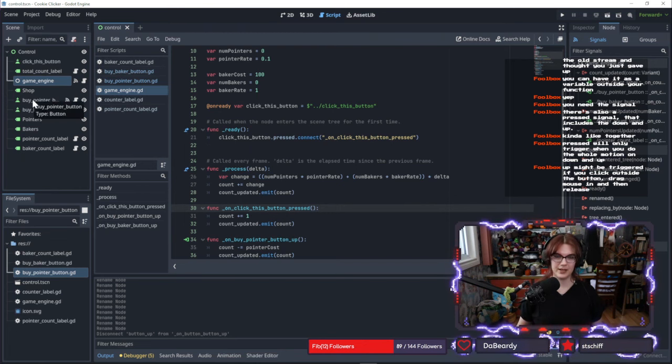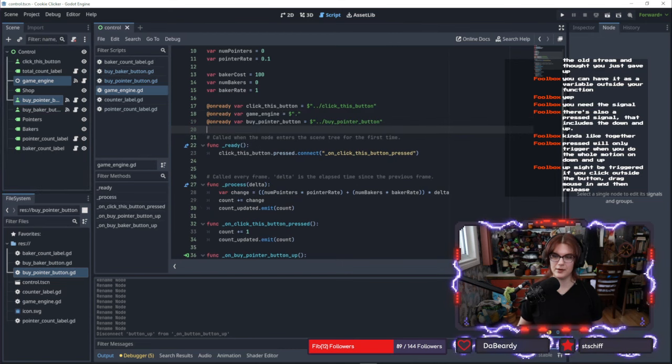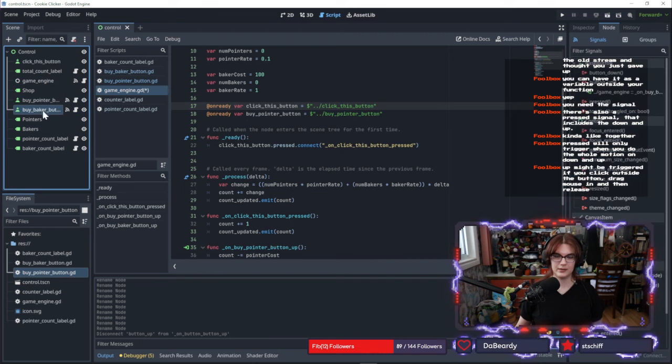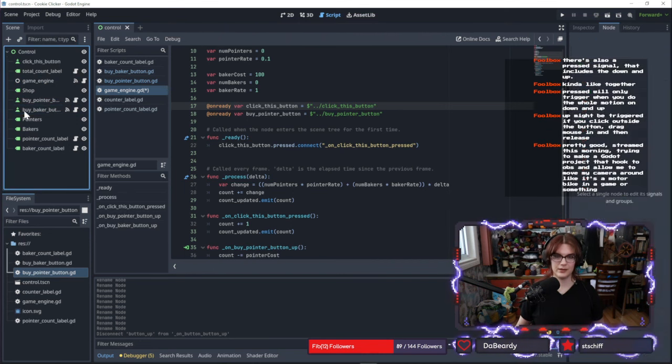Okay, so then I also have a buy pointer button. Don't need that. And a buy